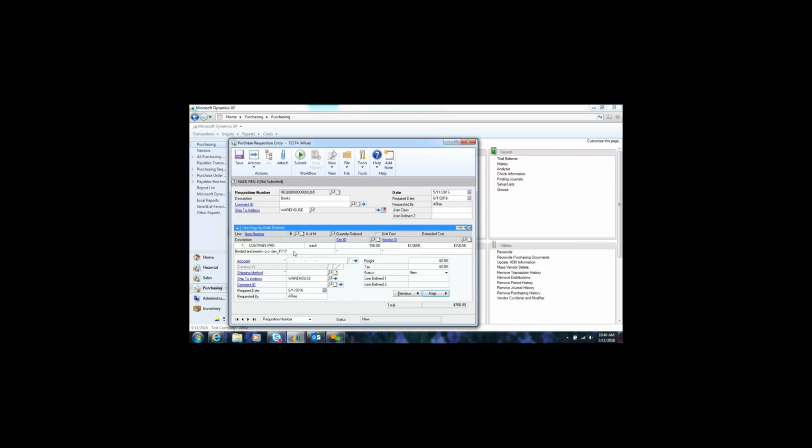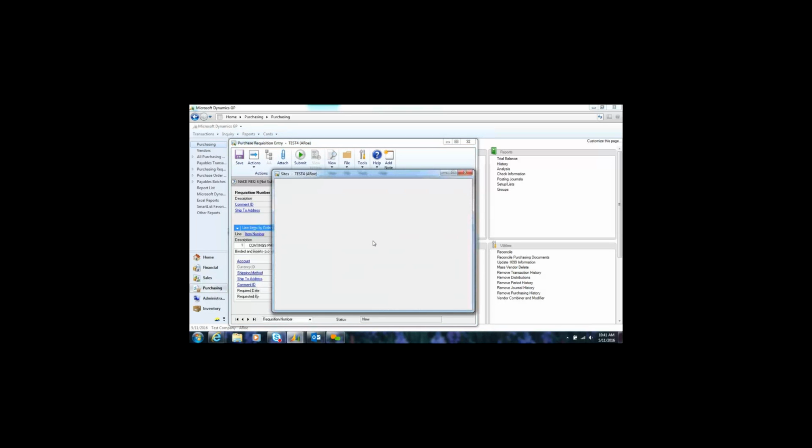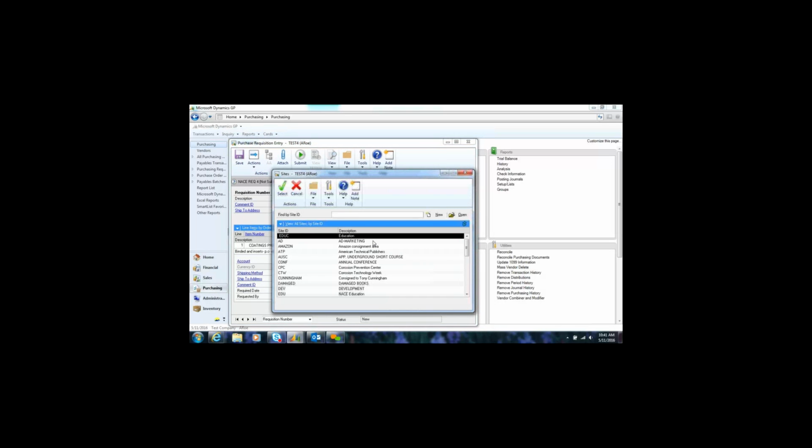Now you're going to hit tab, and it takes you next to site ID. Right here to the right of site ID, you can hit the magnifying glass, and it's going to pull up your department. So let's say we're doing this for NACE Education. You can scroll down here on the right hand side. Here we are at NACE Education. I'm going to select this,